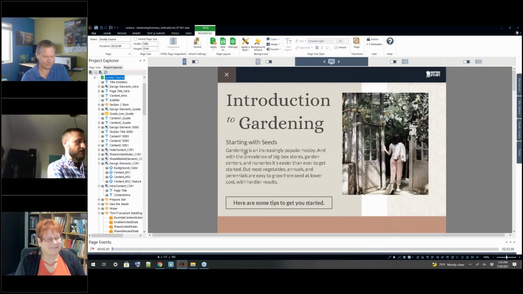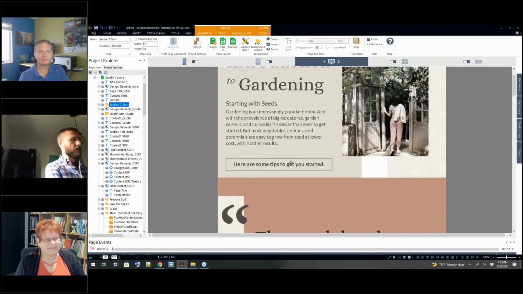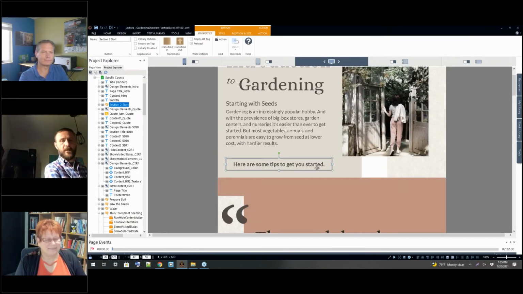So I'll show you how you do it, and then I'm going to show you that long scrolling course I was talking about, and then I'm going to show you the data that came out of it real quick. So for instance, if I wanted to track that somebody had pressed this button that I've got highlighted here,